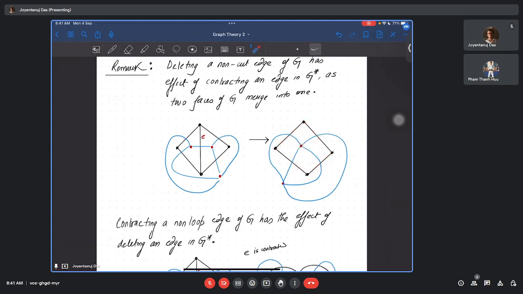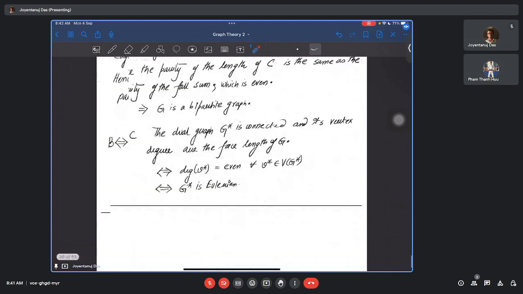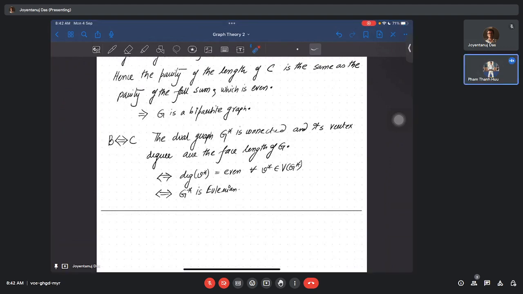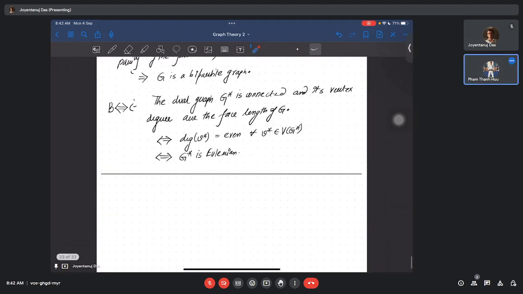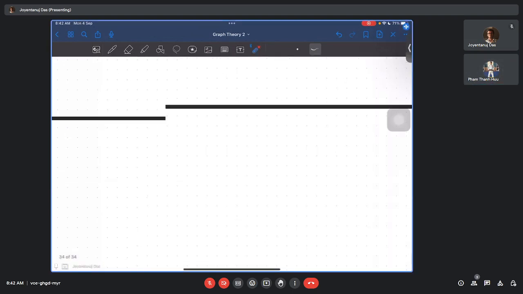So if every region is bounded by an even cycle, the degree of the vertex in the corresponding dual graph will always be even. That's why it is Eulerian. So that is a property: if all the vertices are even, then the graph is Eulerian. Right. So the next definition is